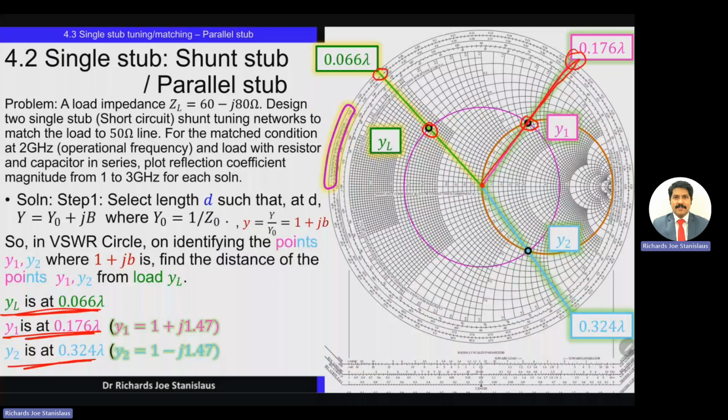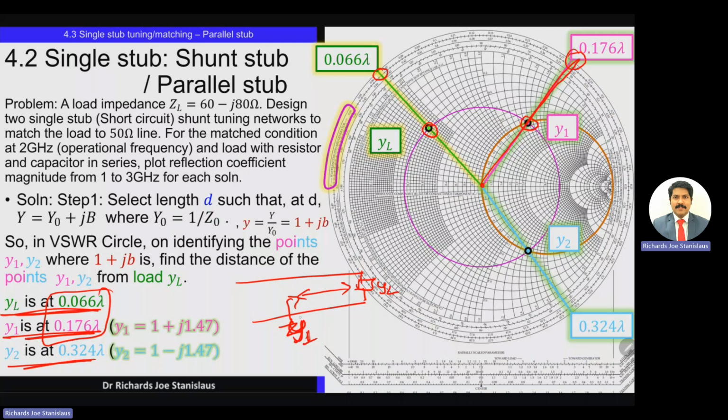So from the load, if we move along the transmission line for a distance which is 0.176 minus 0.066, because the starting value is YL and the final value is Y1, right? We are reaching a point where the admittance is Y1. So the distance between these two points will give you the length from the load location where we would find